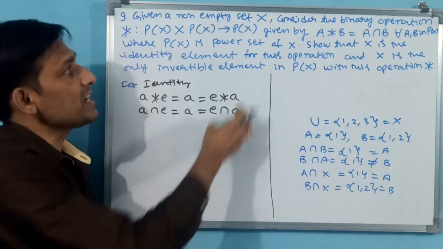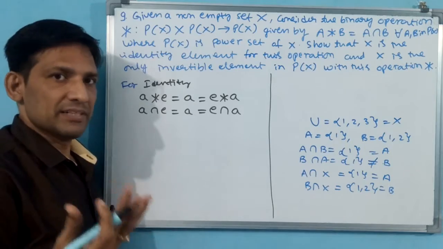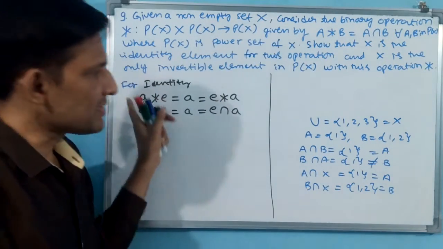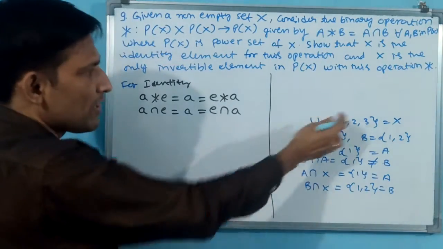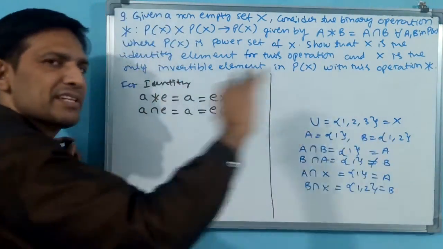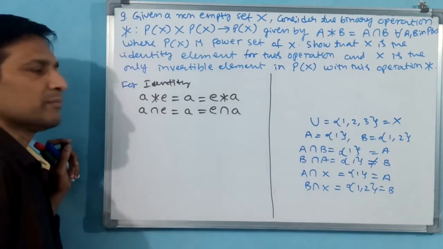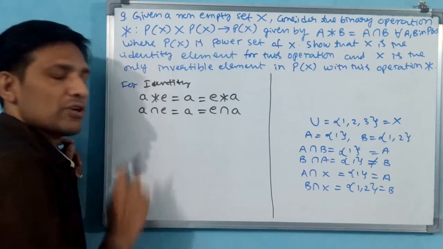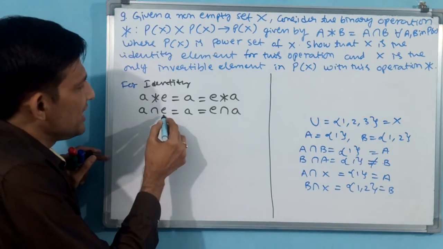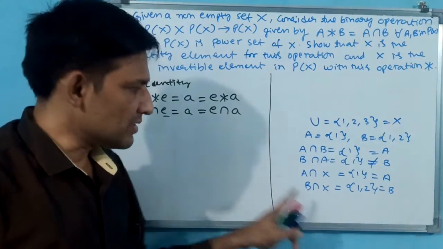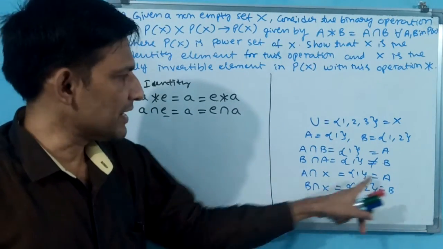A is what? A is any subset. Why? Because see, the set is X. From this set he has made the power set. Power set means, see, 1, 2, 3 is there, as I have written already like P(X), all subsets will come: empty set, {1, 2, 3}, all will come. But each set, if you do intersection, that set should come. Here E, except universal set, if any other set comes, nothing is possible. That means that element will not come.